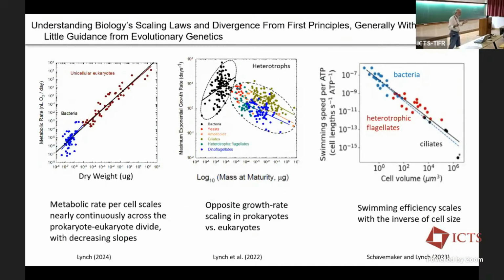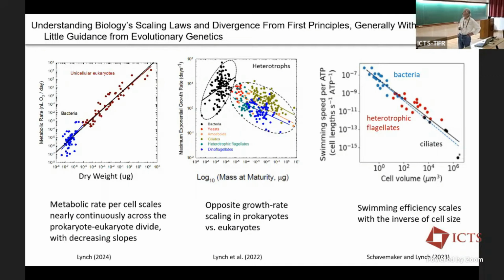And then there's another whole field of biology that's interested in the equilibrium distribution of mean phenotypes across very vast sets of taxa, the whole tree of life. These are just three examples of various scaling relationships that we've come to learn. The one on the left is a scaling between metabolic rate and dry weight of organisms. There are several orders of magnitude here, and it really starts to bend and slow down as you get into multicellular species. The middle one's a plot of the maximum growth rate of organisms as a function of size, with different rules in bacteria and eukaryotes.